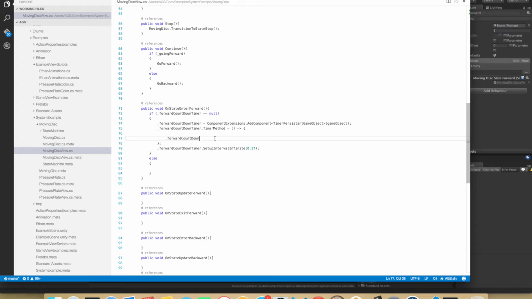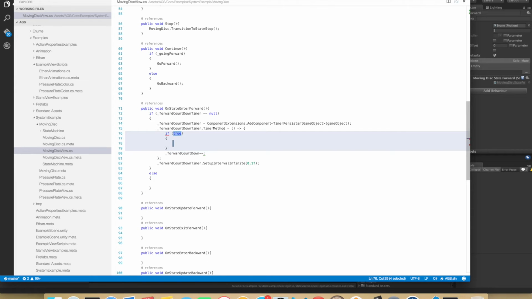So first thing we need to do is reduce this each interval, and if forward countdown equals 0 or below, shouldn't be below, but never mind, then the timer has run its course,